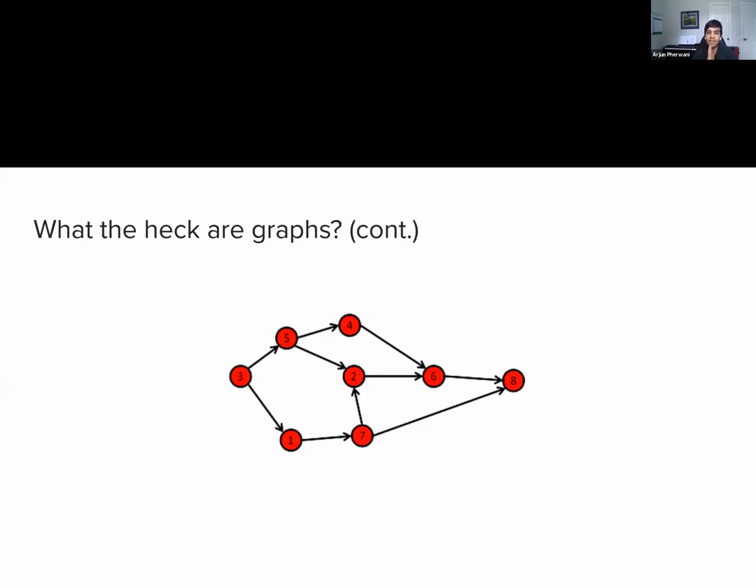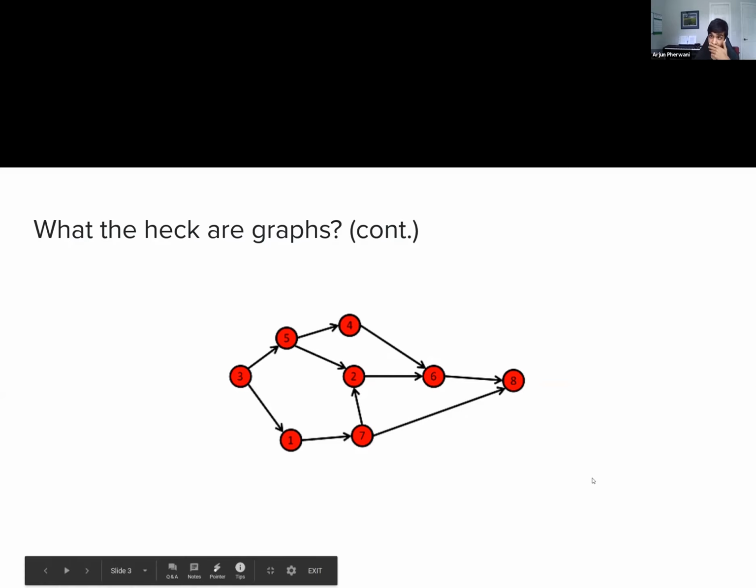All right, so now that we know what graphs are, let's talk about representations. Now, this isn't a slide. I did not include this as a slide. I'm hoping that my screen share will work this time, but if it doesn't, I'm going to send out a REPL link. Is that okay? Yeah, I can do that.